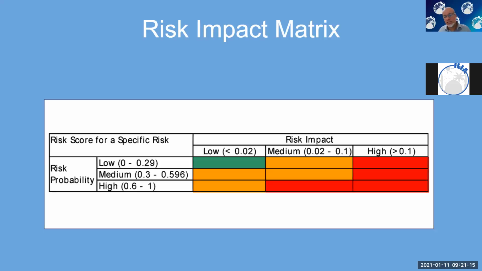But someone could say, hey, let's change the 2 to 4 and the 10 to 15. That's totally fine, again, depending on the organization. And then risk of probability is what's the chance of that risk actually happening. So a very powerful tool. Typically, you're going to focus only on the red cells, sometimes the orange ones, but the green ones, we're just going to accept those. We're going to accept that this is a low impact, low probability. We're probably not going to bother ourselves too much with it. If it does happen, we'll deal with it at that point. But things that are high, you don't want to do that because obviously it's going to have a significant impact.